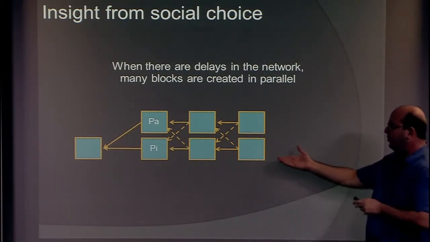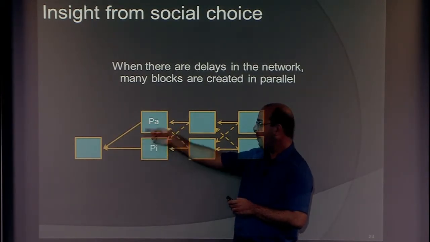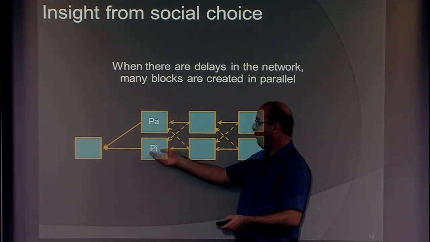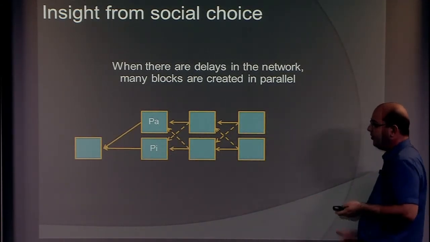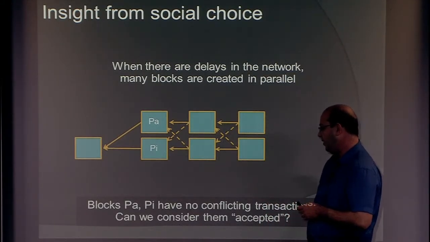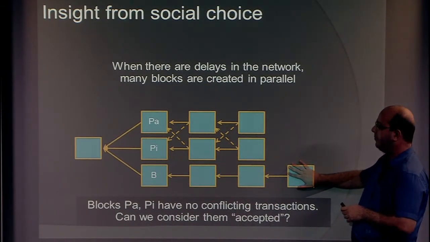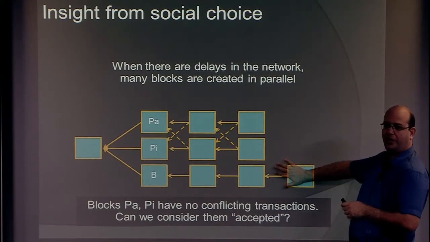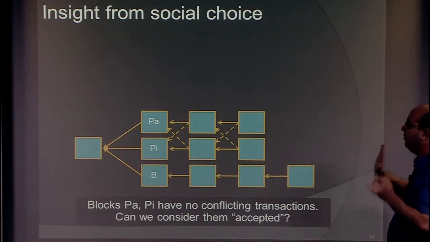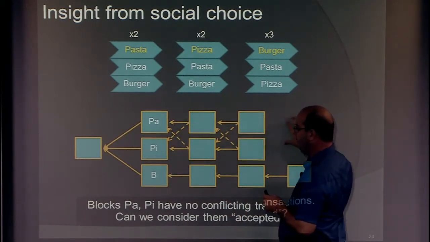Now, the question that we must ask ourselves, can we think of these transactions as secure? If they are secure, if we have accepted them, then we need to do so without fear of changing our mind in the future. How secure are they? So of course, what we've seen is that an attacker might show up with a slightly longer chain and change our mind. Now I want to give you the social choice analogy for this problem. Okay, so here's the analogy that plays out in my head anyway. So I wanted you to ignore these blocks as voters for a second. Just think of the ones that follow.